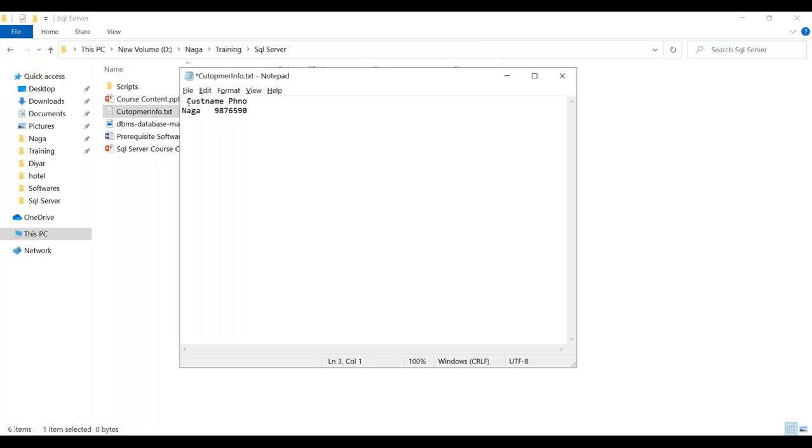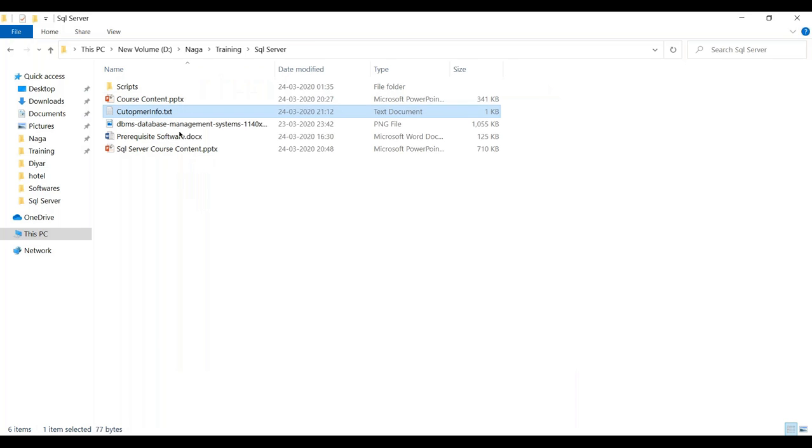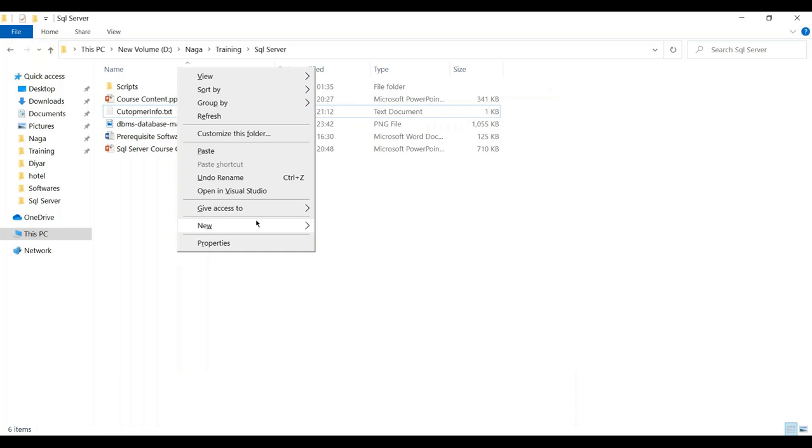And I don't even need to store it in the same way. I can store it like this, Naga and 98765. My address can be, for example, Kuwait. Maybe someone else, for example Varun, his phone number is like this. So I can keep storing the data in this file system as well. This is how the conventional storage of data began. Okay. So when you keep storing the data like this,